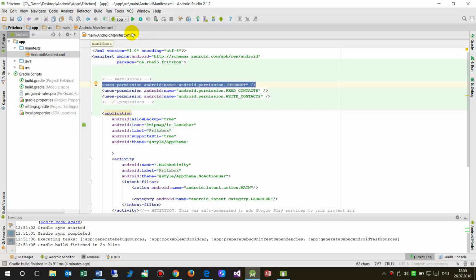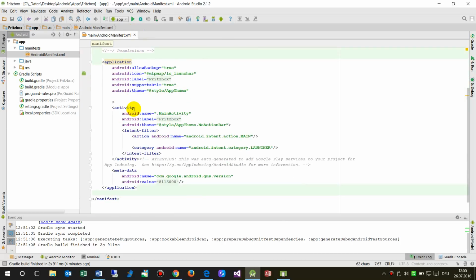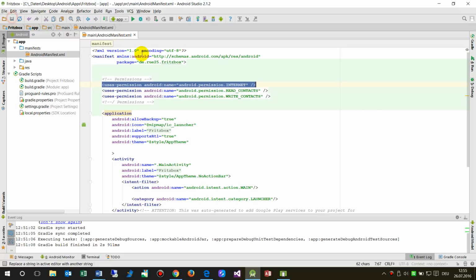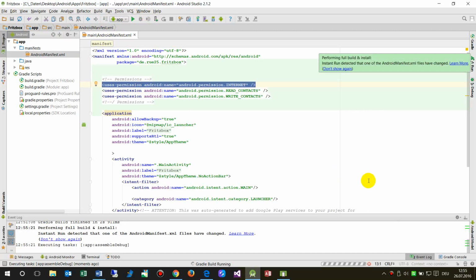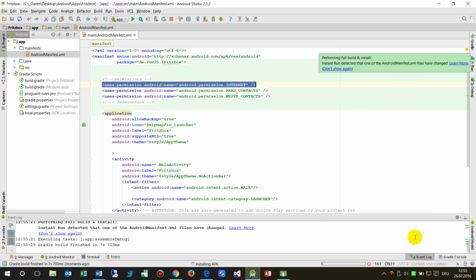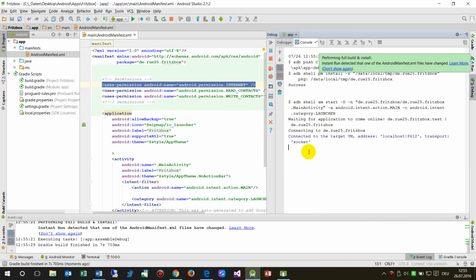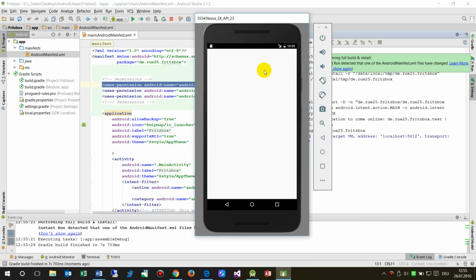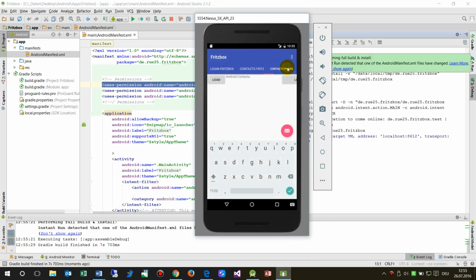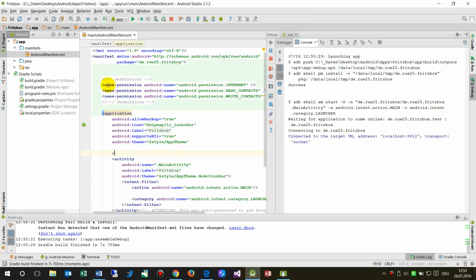So, and one special aspect on this stuff is when you save that, when you run your project, if you run it here in debug mode, performing full build install the Android. Yeah, I changed the Android manifest here, and now when this one is running, stuff comes up. So sometimes the machine doesn't upload those